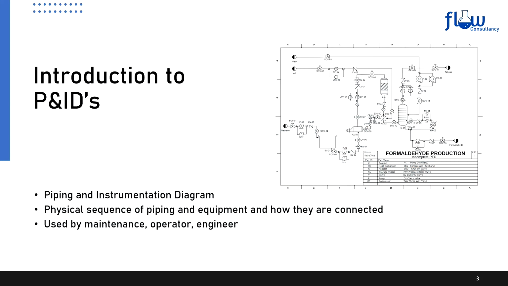We're going to begin by talking about P&ID diagrams, which are piping and instrumentation diagrams. In the process industry, P&IDs are used to operate the process system as they demonstrate the physical sequence of piping and equipment in the system. Processes require a P&ID for the use of a maintenance person, operator or engineer, as they are the first place to look when something goes wrong and a very valuable document to review when replacing or shutting down a piece